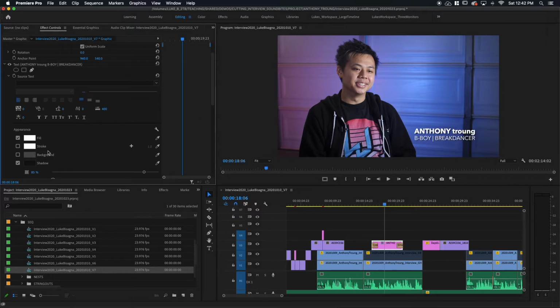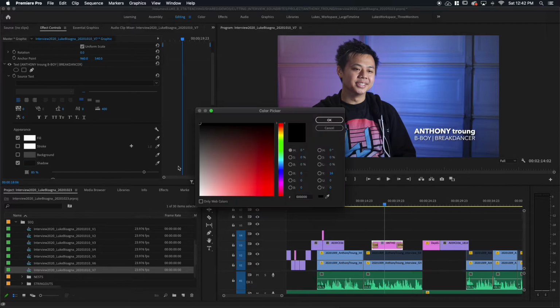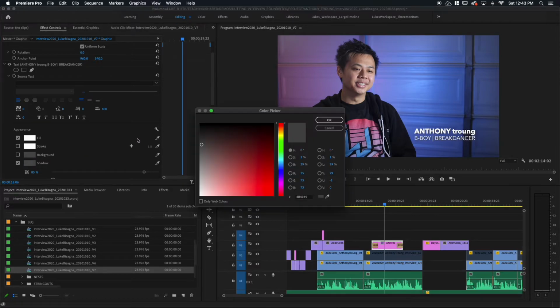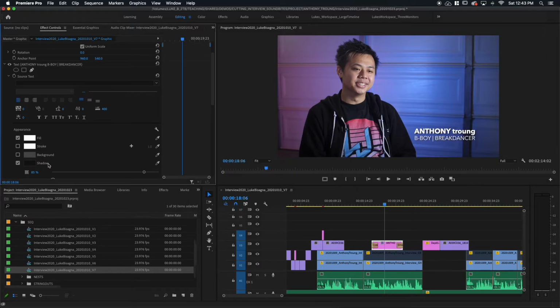And then the other thing I've done here is I've utilized shadow, which is a drop shadow. You can see around the edges of, particularly the bigger letters, but all the letters have it, there's a slight little shadow, and that helps this text to stand out from the background even more. So by default, the shadow is usually a gray color. It's usually somewhere around in here, which doesn't really have that much of an effect on the text. So I'll usually click in there and change that to a nice, deep, rich black, and make sure it's activated over here with the checkbox.